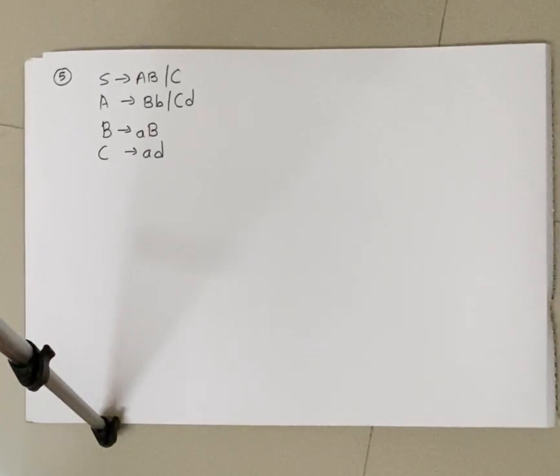Now, when you have to check whether the given grammar is LL1 or not, the simple step is to first create the parsing table and then check whether any cell in the predictive parsing table has ambiguity or not. What is the meaning of ambiguity? Whether any cell has more than one rule inside the predictive parsing table. How is it possible? Let us see with examples so it will be more clear.